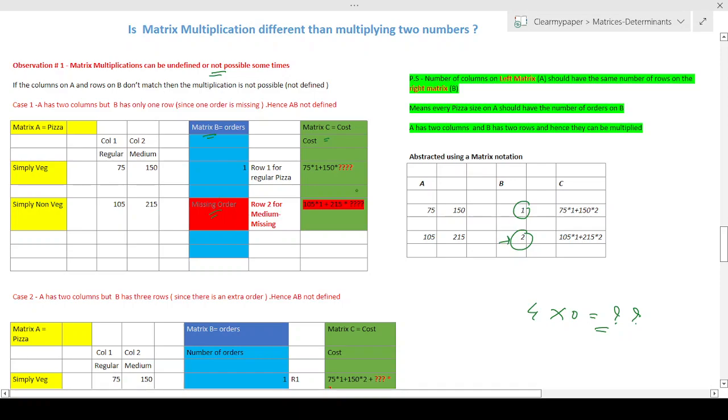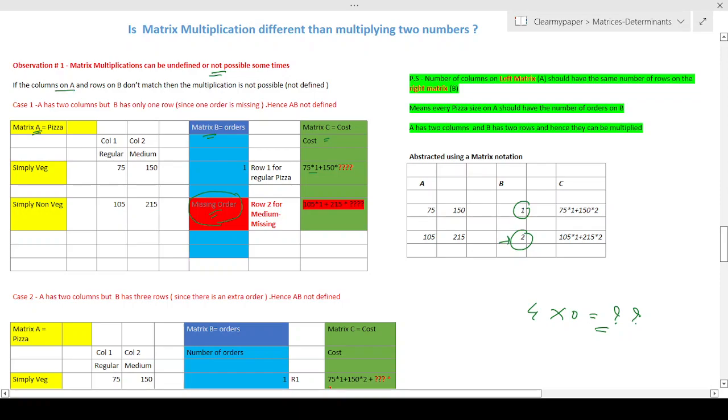When we do the matrix algebra, we take 75 multiplied by 1, we put it here, and then we add 150, and then we have a missing number. That number would have been plugged in there, but we don't have a number, so we cannot complete the operation. And over here, the same thing will happen; we will not be able to complete the operation. So in essence, what we're trying to see here is this: if the columns on the first matrix,